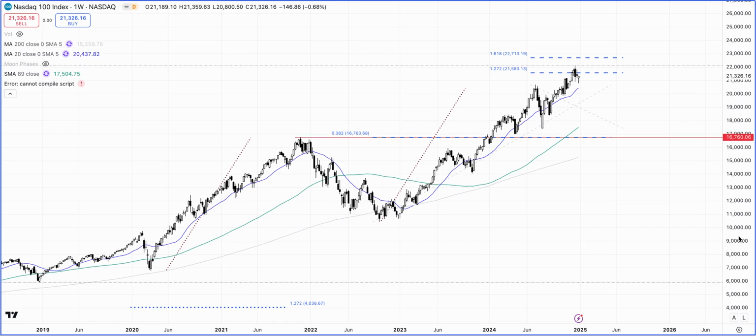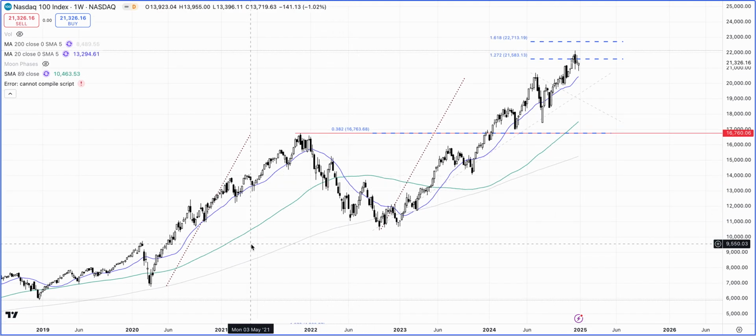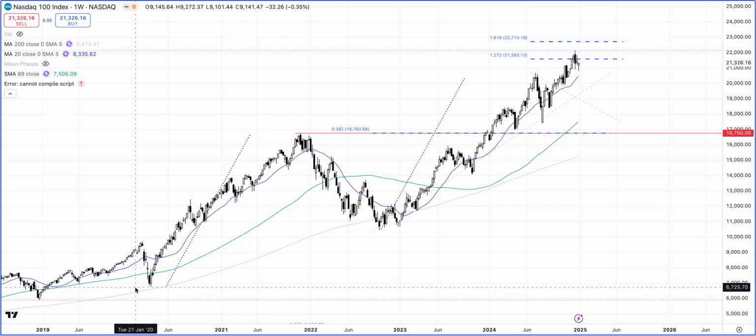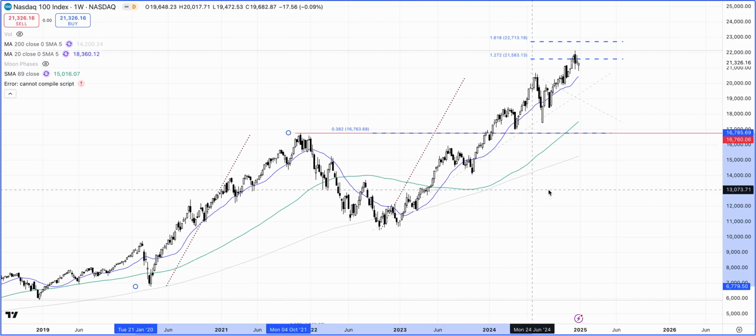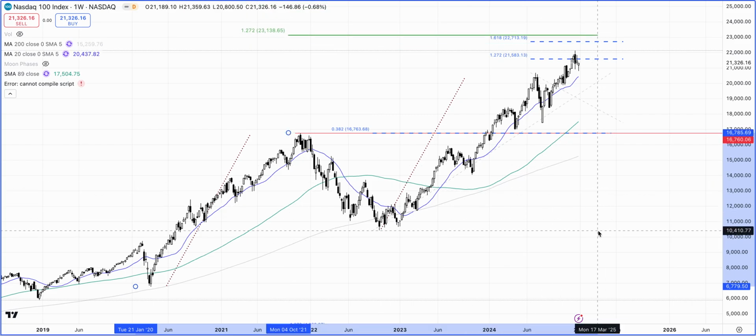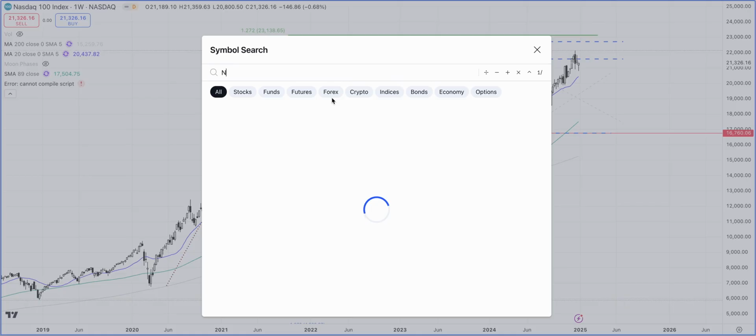So where does this, okay, maybe I did not draw it properly. There we go. Yep, there we go. So this is the level,